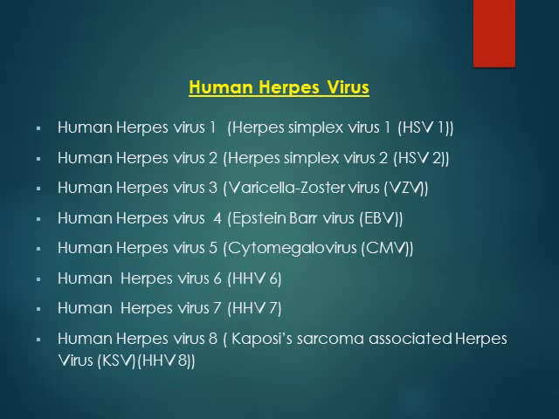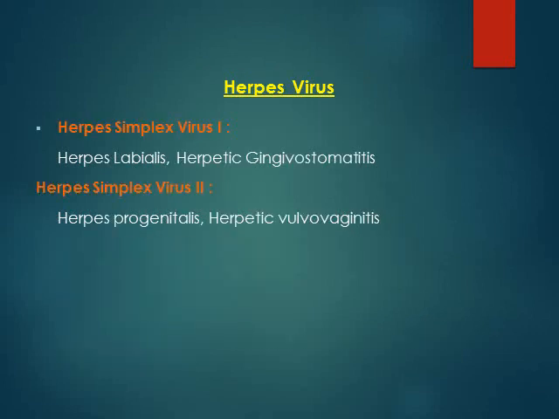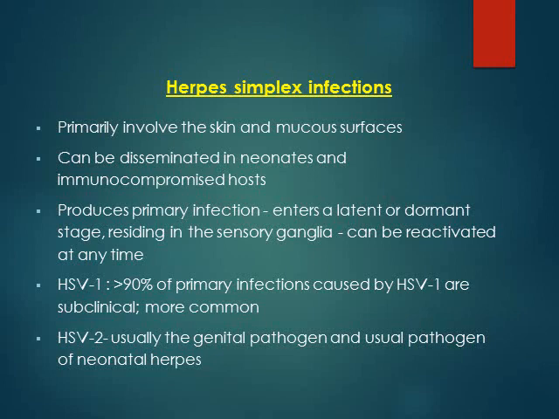The next virus is human herpes virus. There are 8 types of human herpes virus, but what we discuss mainly are HSV1 and HSV2. HSV1 is the one which causes herpes labialis and herpetic gingivostomatitis, whereas HSV2 is the one which causes herpes progenitalis and herpetic vulvovaginitis. Herpes simplex infection mainly involves the skin and mucous surface, and can be disseminated in neonates